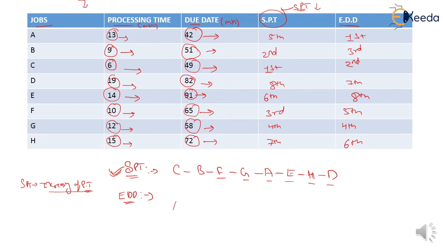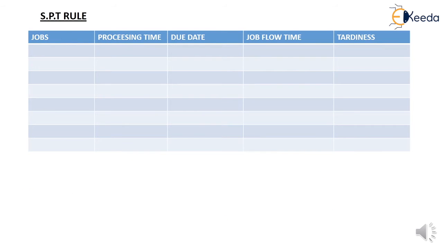First number is A job, on second number C job, third number B job, fourth number G job, fifth number F, on sixth number H, on seventh number D, and on 8th number last number is E. So A, C, B, G, F, H, D, E is the sequencing of the jobs according to EDD rule. Clear to all? Okay.